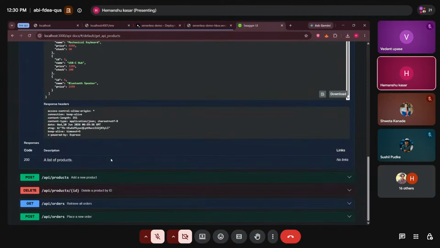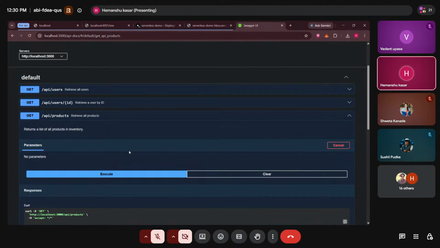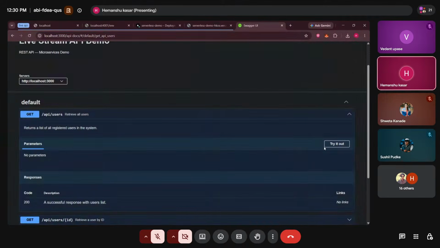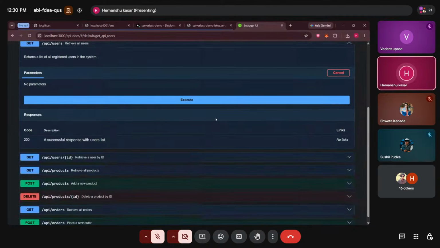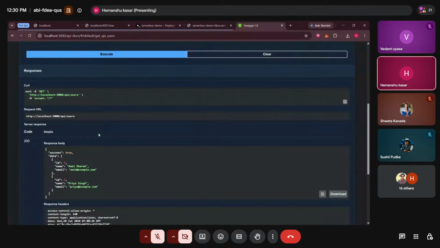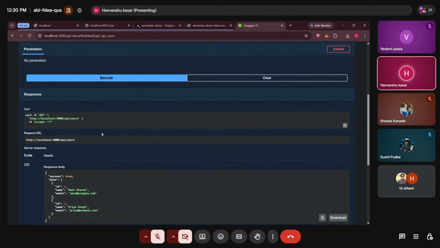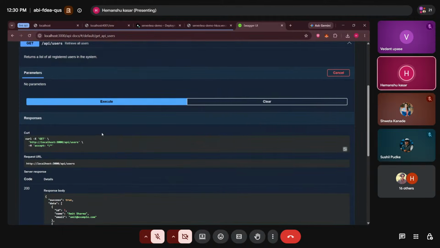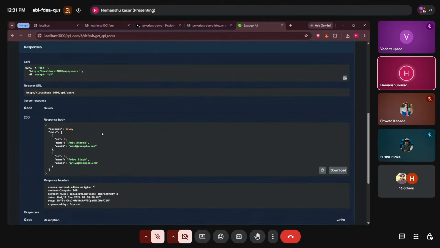And coming over to the next APIs, like the user one. Once I click on try it out, we'll click on execute. As this is the get response, we don't have to pass any data here. Using the post method only, we will send some data to get some response. So in the get request, we simply have to try it out and then execute it. So we'll get that response.